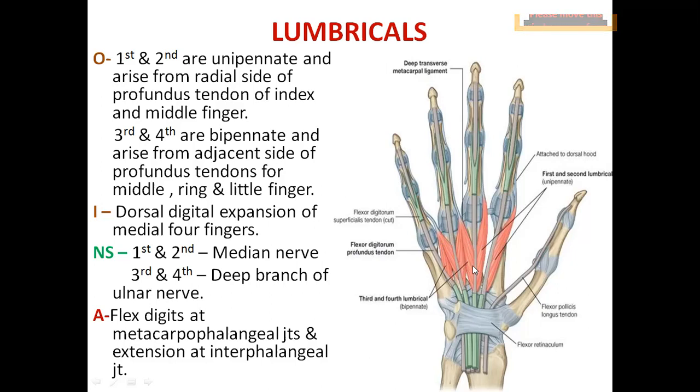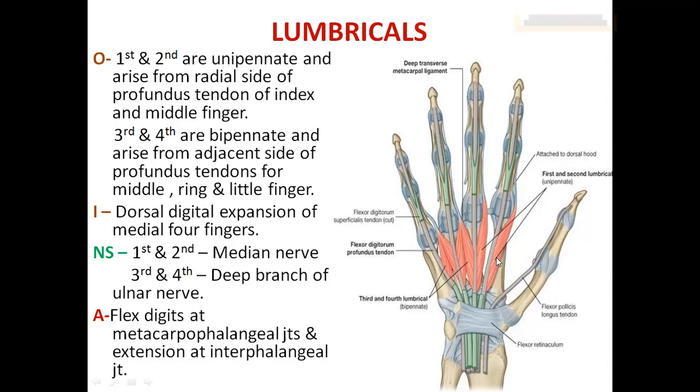So these third and fourth bipinnate muscles are coming from the adjacent sides of, suppose this is the third one, it is coming from the adjacent sides of the second and third tendons of flexor digitorum profundus, and the third and fourth tendons of flexor digitorum profundus. If you understand, you need not read anything, you will write in your own words. See, this green color tendons are flexor digitorum profundus. This is the first tendon, this is the second tendon, third tendon, and fourth tendon. I told you all these tendons should be counted from the thumb side.